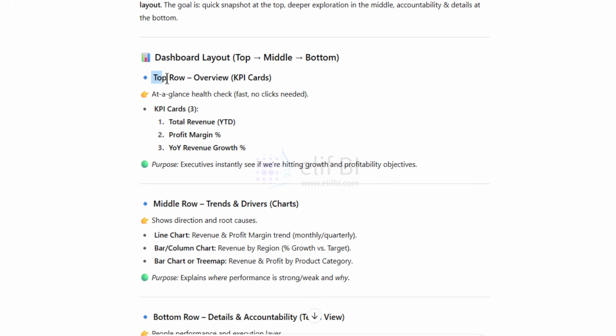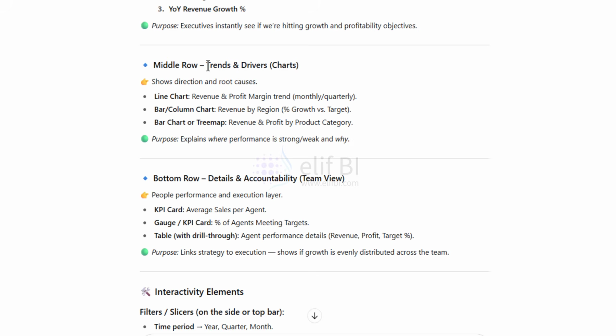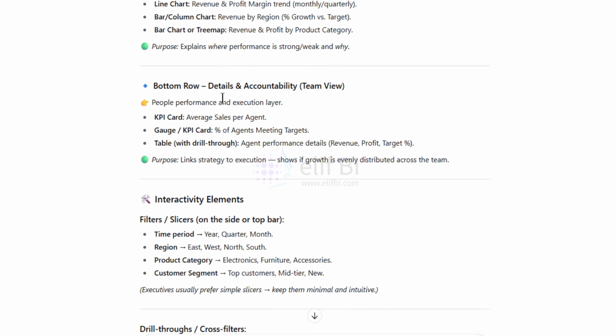So it tells me that I have to place some KPI cards in the top row that we have already discussed before. In the middle row, I can place the trends and drivers. That means the line chart, the bar and column chart, or tree map, depending on my data. In our case, it would be the line chart that would show the monthly trend of the revenue. And for the bar chart, it would be the regions as well as the product categories. And then in the bottom row, it's telling me that I can include the details and accountability. So for example, the KPI cards that show the average sales per agent, the percentage of agents meeting the targets,